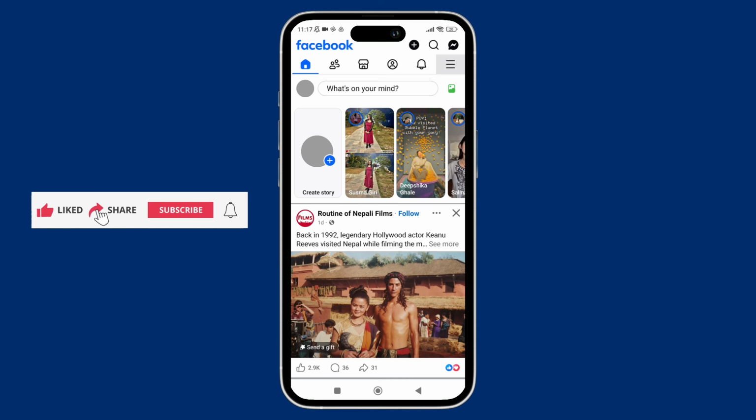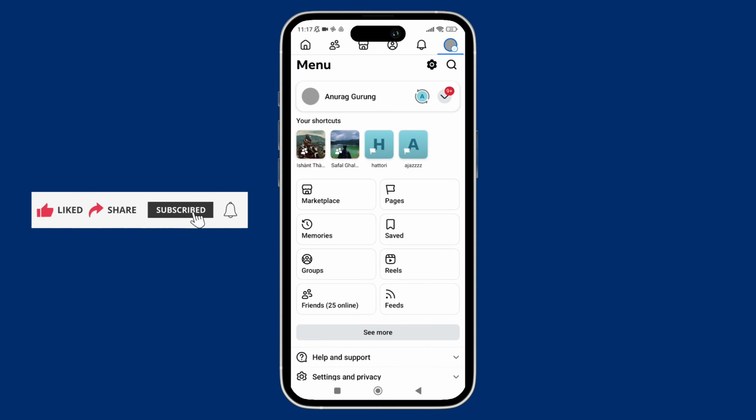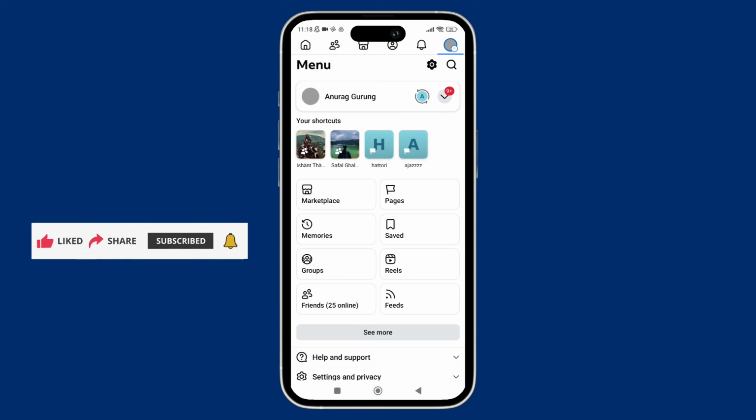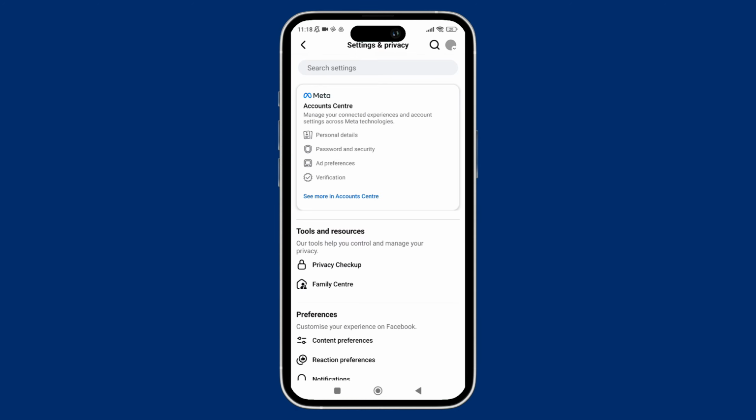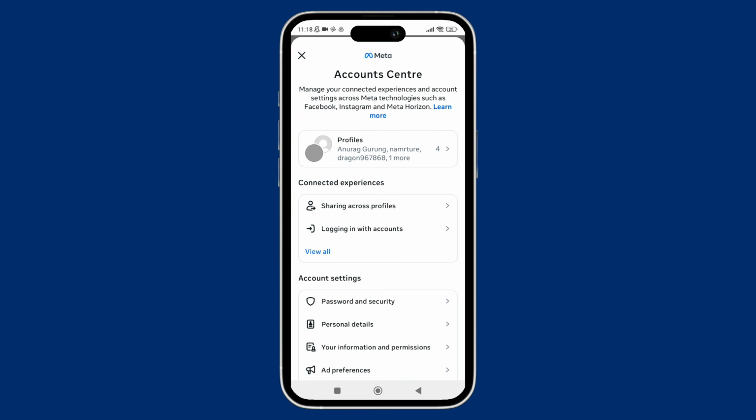And now here, once you are in the menu section, just tap on the gear icon shown in the top right side of the screen. And now here, once you are in the settings section, just tap on the option labeled as See More in Account Center. And now here, once you're inside the Account Center, then what you can do is simply scroll down